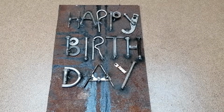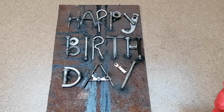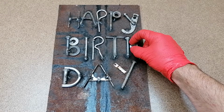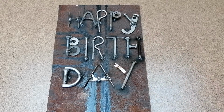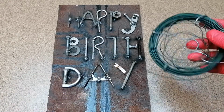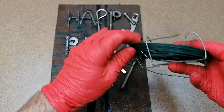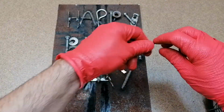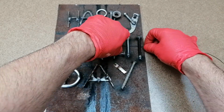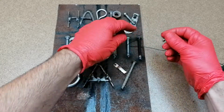Okay, that's all done. Now I couldn't weld all the bits together because the metal was a bit thin, for example this piece here and this piece here, it would have just burnt straight through the metal. So for this piece here on the H, I'm going to try and tie it on with a bit of green wire. It's just normal garden wire. I figured we could pop that under there and through here